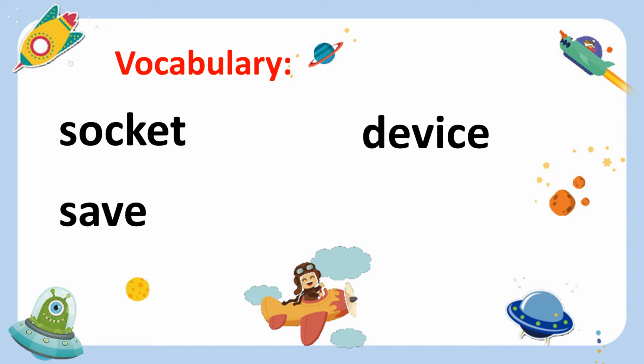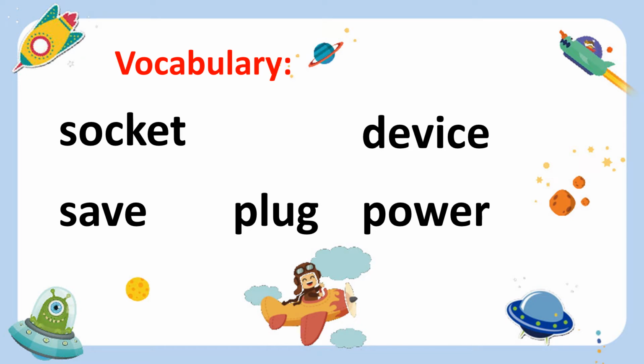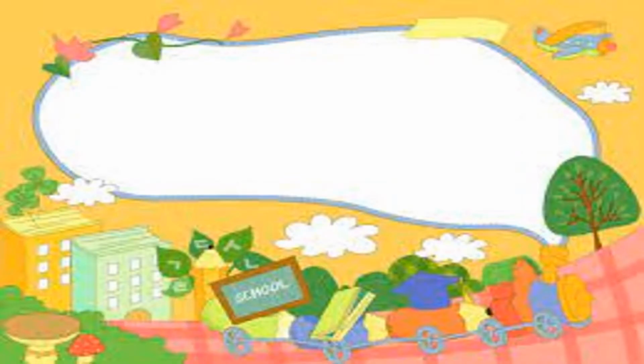Again, please, save. Next word, plug. One more time, plug. And power. One more time, please, power. And this time, we are going to spell the words correctly. Okay, let's spell the word